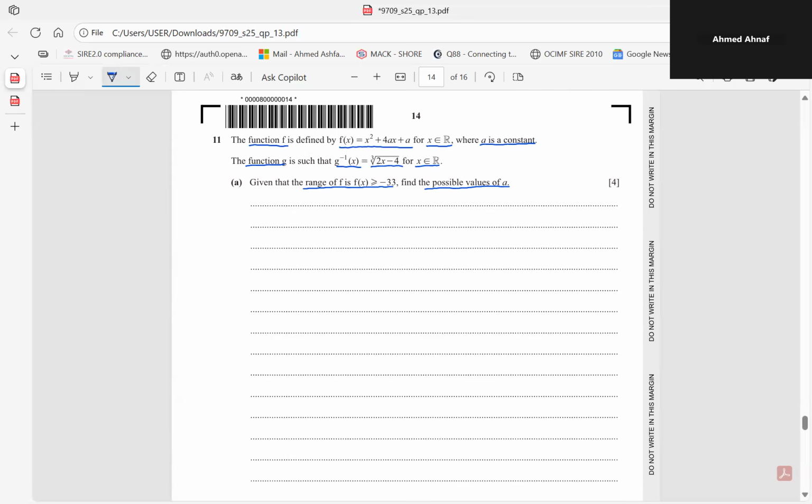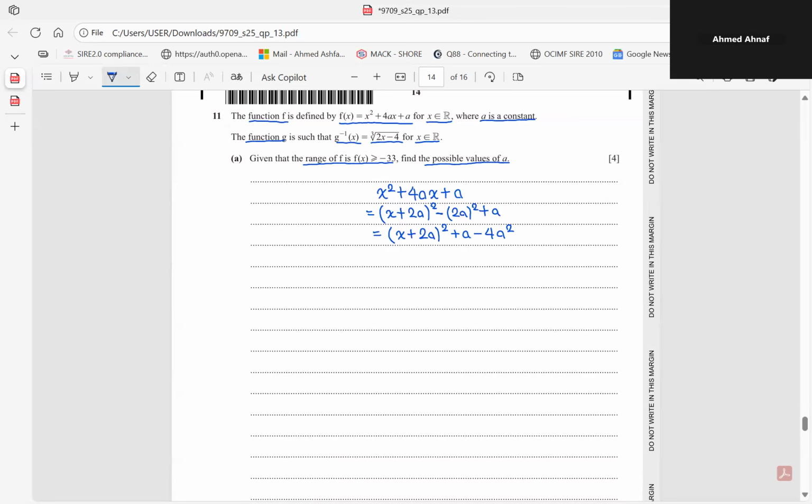Okay, so first of all, let's complete the square for f(x). To do that, make sure the coefficient of x squared is 1. So in this case it is. So you can write (x plus, divide the coefficient of x by 2, so you'll get 2a) squared minus (2a) squared plus a. And then you would get (x plus 2a) squared plus a minus 4a squared. All right. And then using this, you can find the